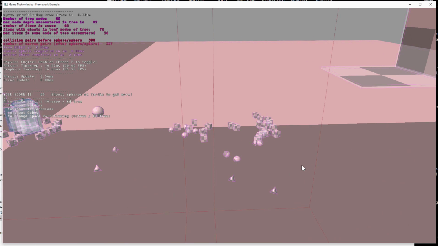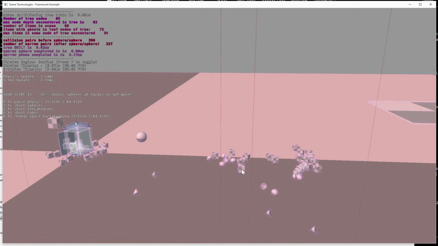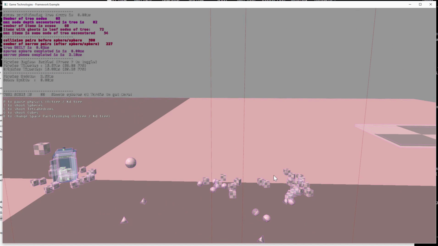the objects. The way we split the big node is first we split it in X, and then the further two children, if needed, they split in Y, and their children will split in Z, and the children of those children will split over again into X. So it constantly goes X, Y, Z, X, Y, Z, always putting the splitting plane on the average position of the contained items of this node. It might sound complicated, but if you've watched tutorial number 9 of my videos, it's a piece of cake for